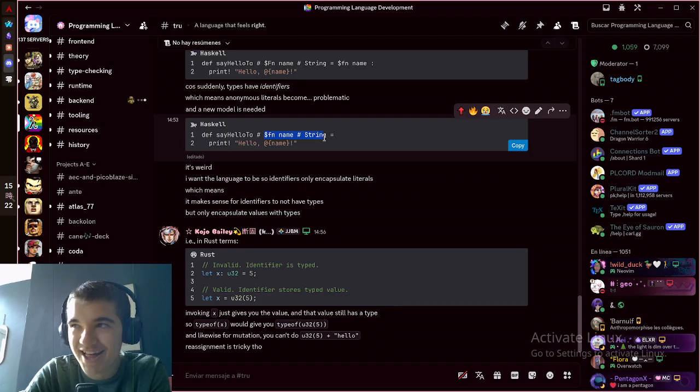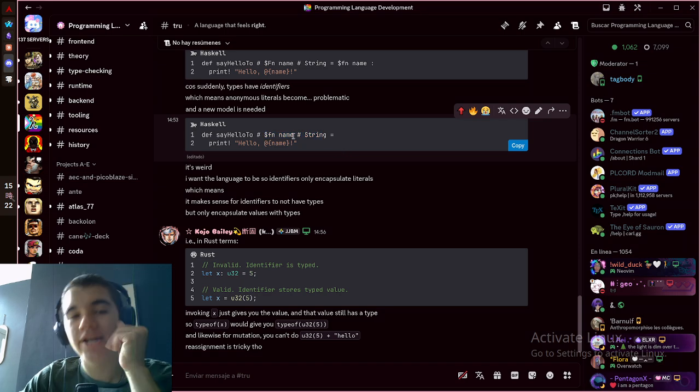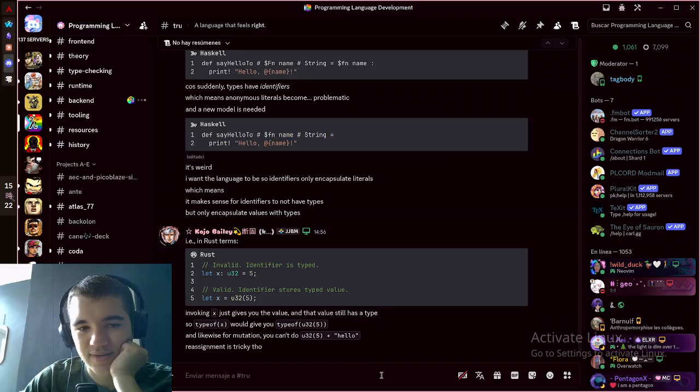Again, the literal is the type, which is weird. But that's not really true, I guess. Because is the function its arguments or is the function its body? Right? Here, notice how I say equals, right? This is the type of the function, but I'm saying equals this, right? So it's almost as if I had